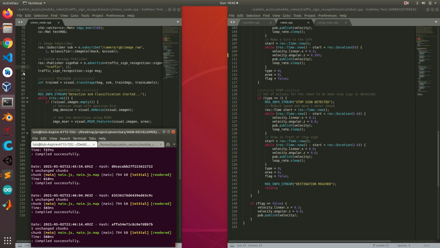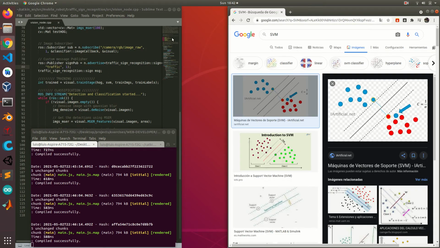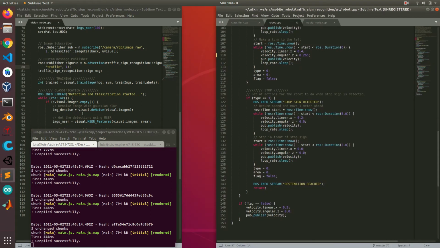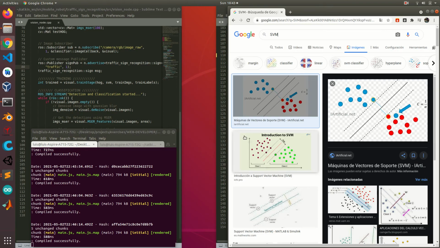In this video I'm going to show you how you can implement a machine learning algorithm for robotics using Gazebo and ROS as a virtual robot. In this example, a support vector machine algorithm will be used to classify traffic signals to make an autonomous robot. First of all, I want to give you some details of theory about the support vector machine, or